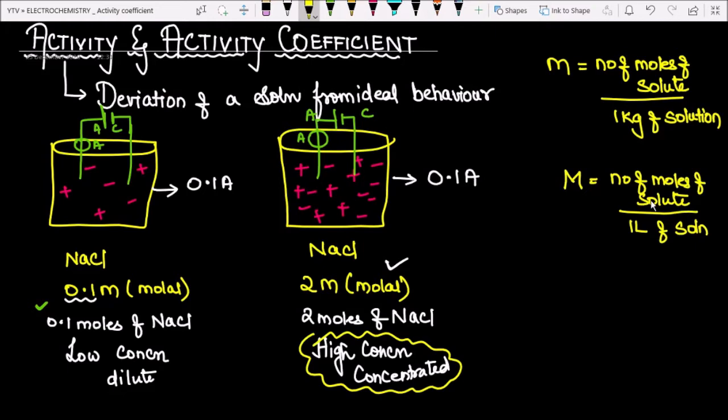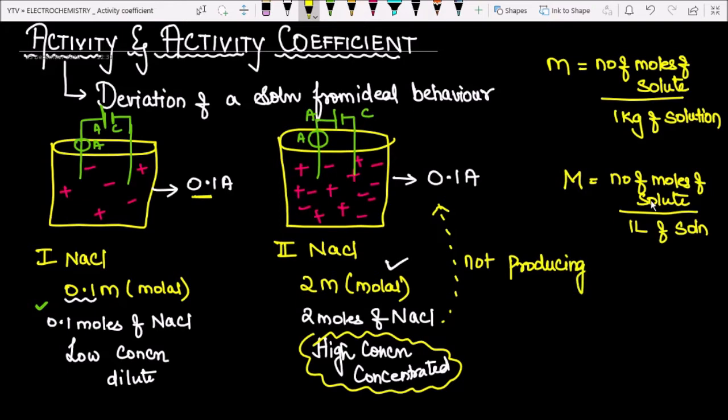Then there is some mistake. Now I am repeating the experiment again. I am getting the same value, which means the concentrated solution is not producing the current that it is supposed to produce. It's obvious, right? If the first is going to give you 0.1 ampere, then definitely the value for the second solution should be higher than this. It can never be equal to this, but it is not producing the required results.